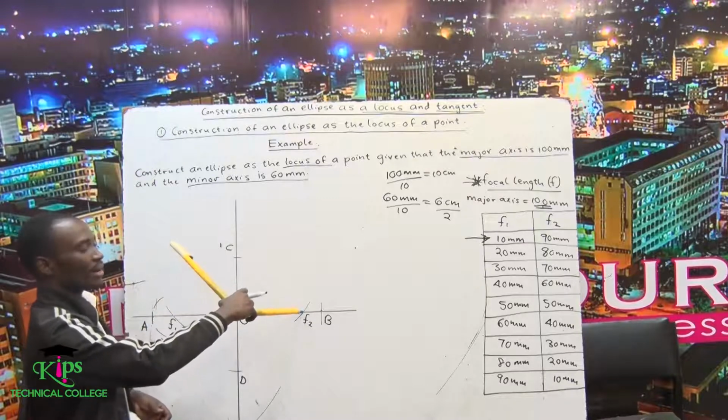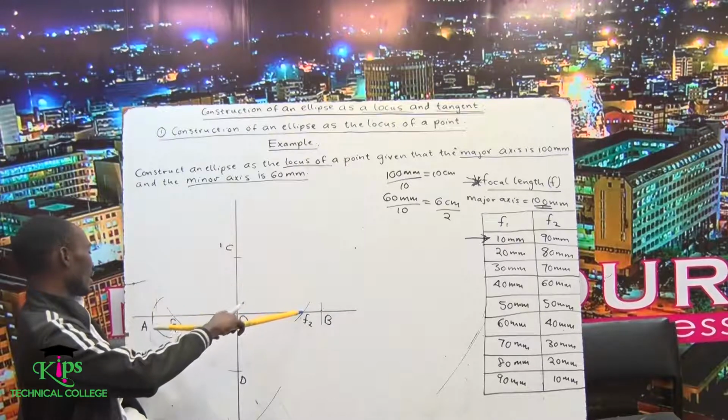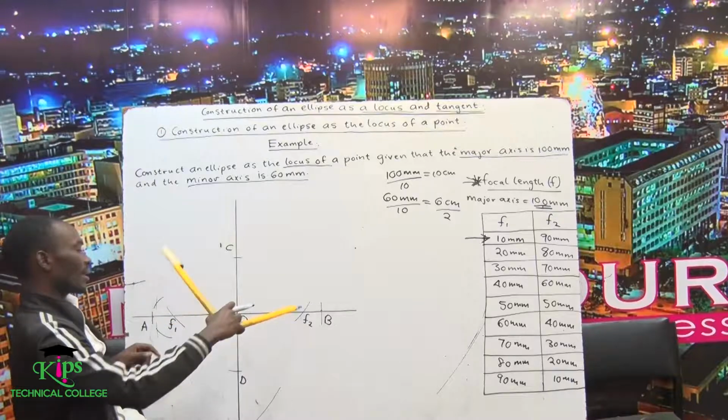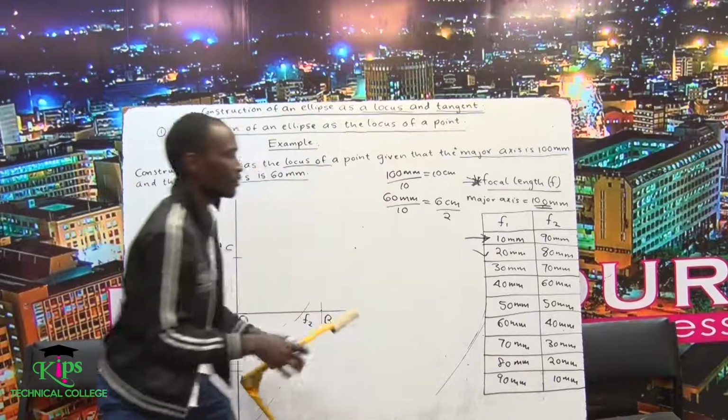I will put a mark at the top to crisscross the first mark you made. Then at the bottom also put another mark like that. Let's go to this other one.